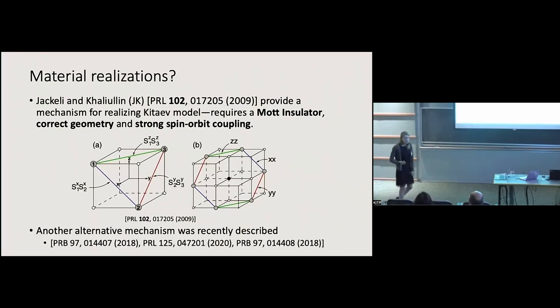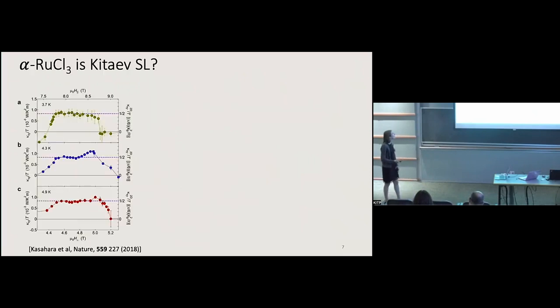What was mentioned earlier today, in fact, was that there are new proposals for cobalt-based compounds. So it's not just Jackeli and Khaliullin's original one, but there are plenty of materials at this point that might realize this Kitaev model. And to focus quickly on ruthenium trichloride, we have these thermal Hall measurements,